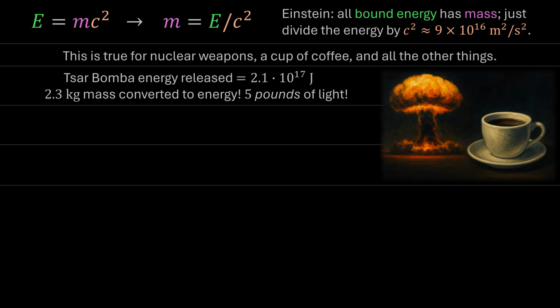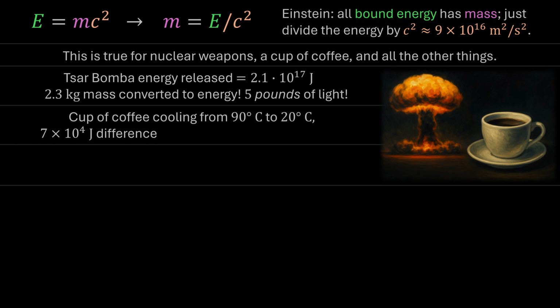So this idea that you're going to take 5 pounds worth of material and just completely delete it from existence, well, not really deleting from existence, right? You're just releasing it, letting it go from a bound state to a state where it's able to radiate out explosively. And that's just crazy to have that much mass that gets converted in an instant into pure energy. I mean, that's terrifying. But then if you consider something as mundane as a cup of coffee, let's say it starts off at about 90 degrees Celsius and then cools down to room temperature, about 20 degrees Celsius. Well, as it cools, it's going to release approximately 7 times 10 to the 4 joules of energy.